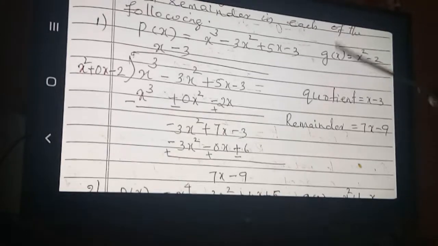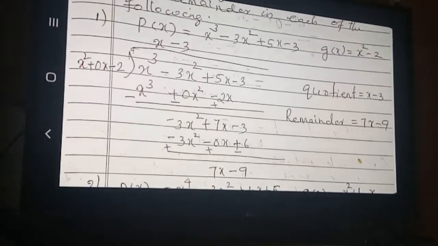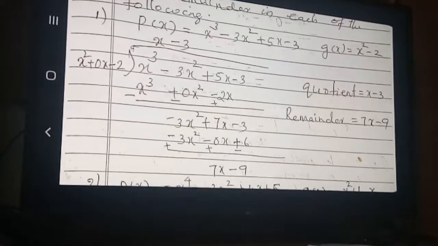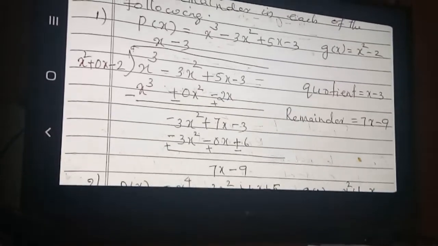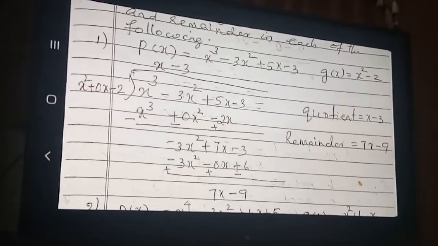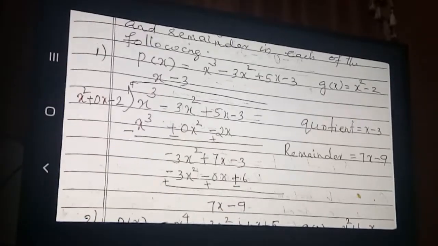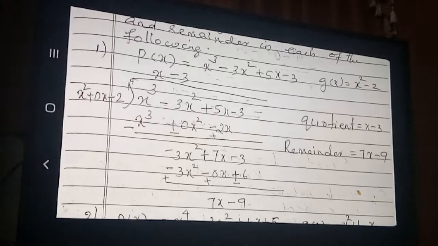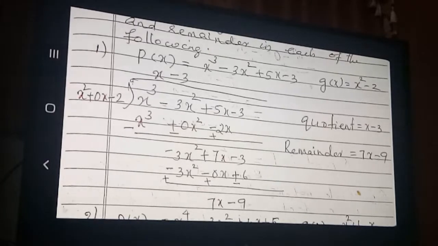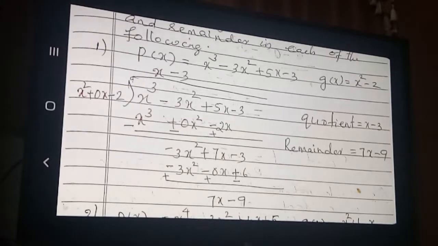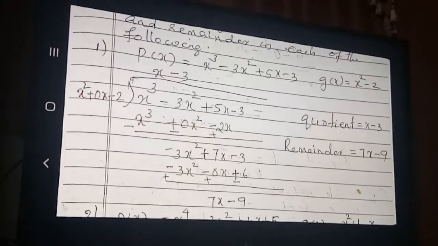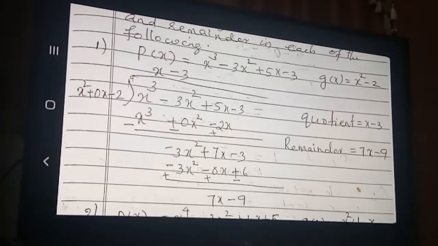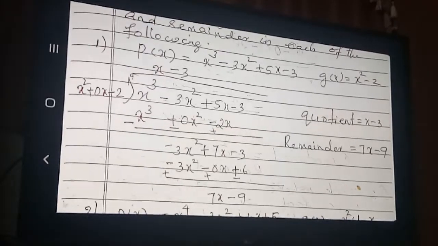Okay. So when we are dividing a polynomial by another polynomial, dividend polynomial and divisor polynomial should have the same order of degree. Either it should be in the same ascending order or it should be in the same descending order. And if any terms are missing in between, either in the dividend polynomial or divisor polynomial, any term is missing, we have to add with the zero coefficient.